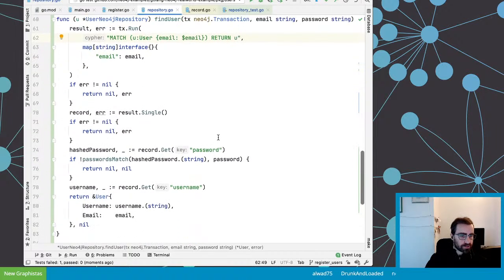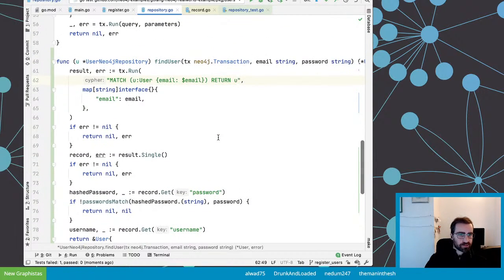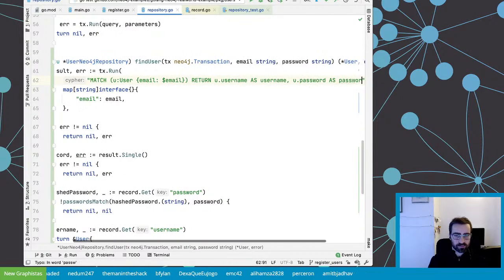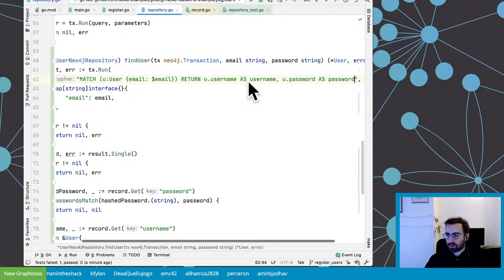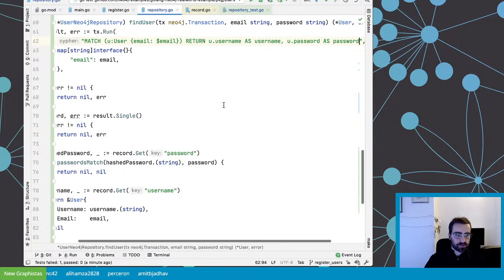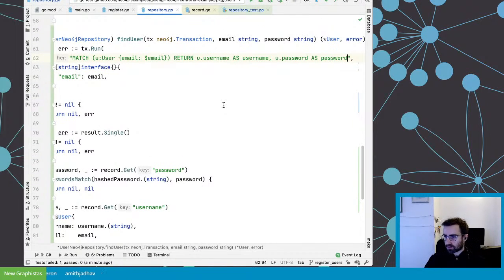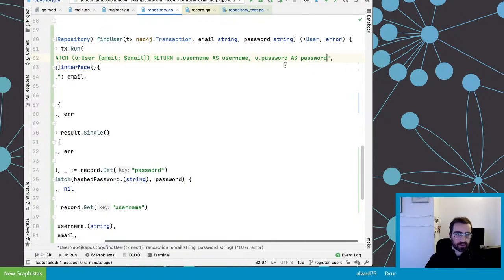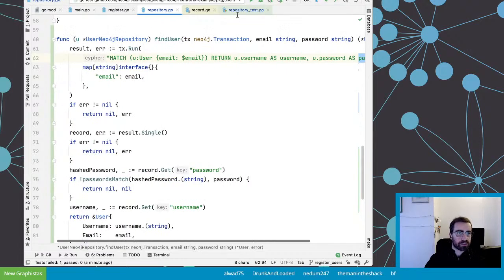So what do I need? I need username and password, right? So I'm just gonna make my life easier and do it like this. Just because it's easier for me. Doesn't mean you cannot return full nodes, right? It's easier for me to reason about when I have simple values, but that's really a matter of convenience and personal taste, I would say. So that way I have the username, password, and that hopefully should be enough.